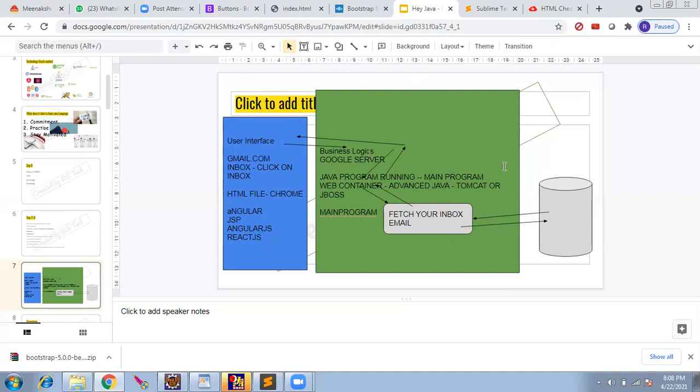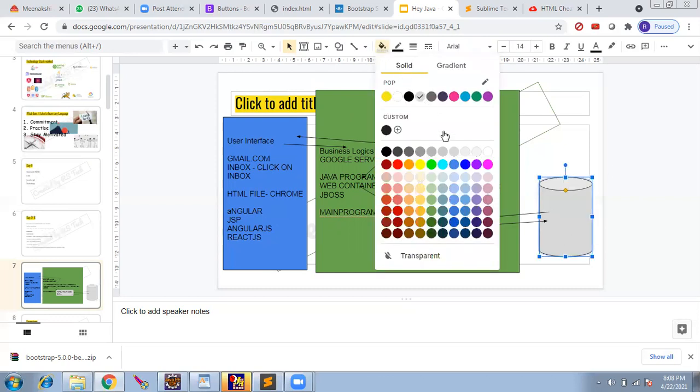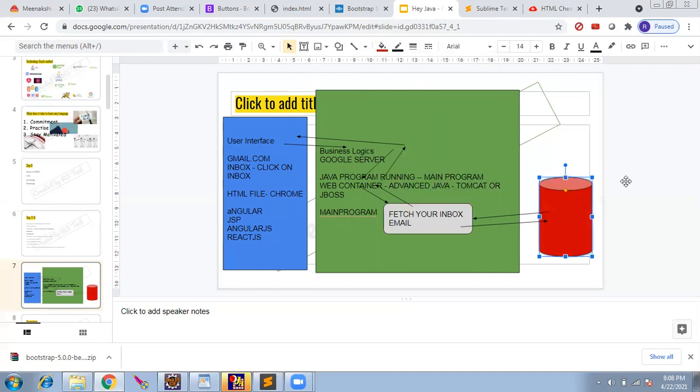And the business logic needs the past data. That is the database layer. So any web application will have these three layers. We call it three-tier architecture. Inside the business logic layer, we have two sub layers.